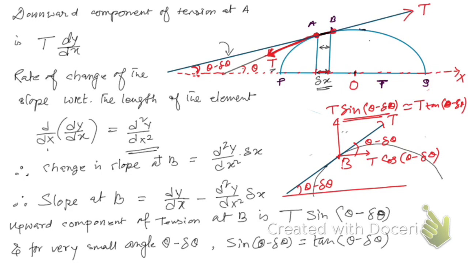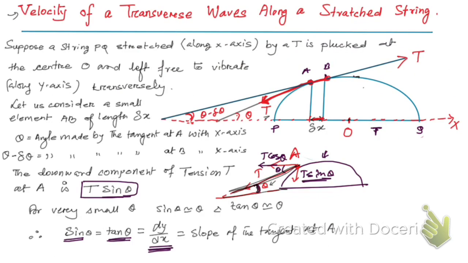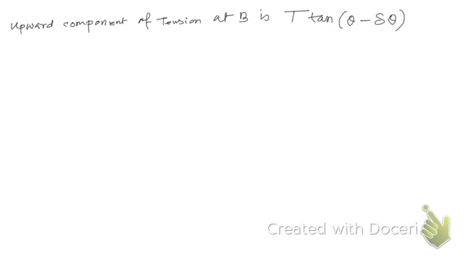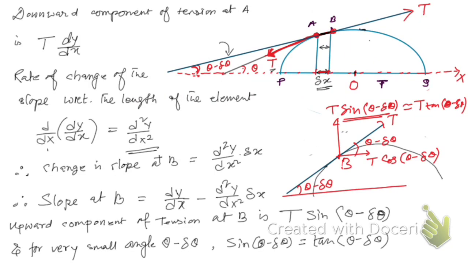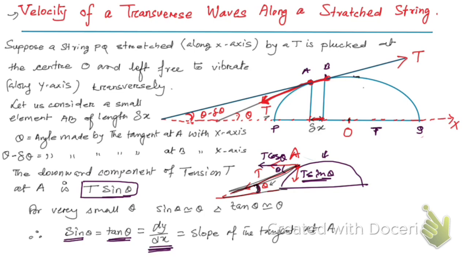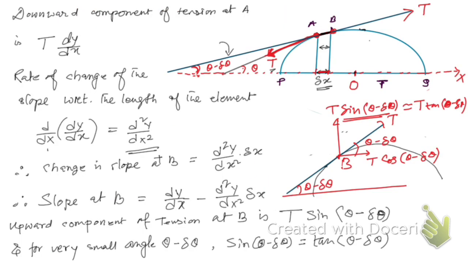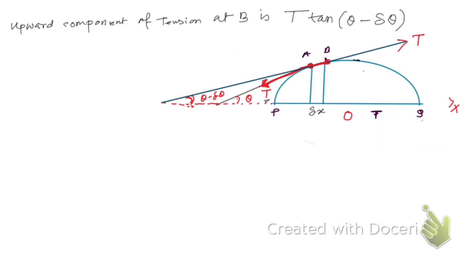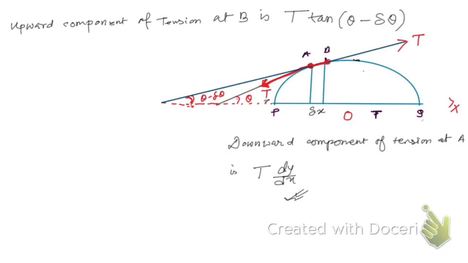Now let me copy the diagram. And also let me copy this step, the downward component of tension at A, this one. Let me write that one here. You don't need to repeat it once you have already written. But we're going to need this information, that's why I have written it here in this new slide. Okay, so now you see